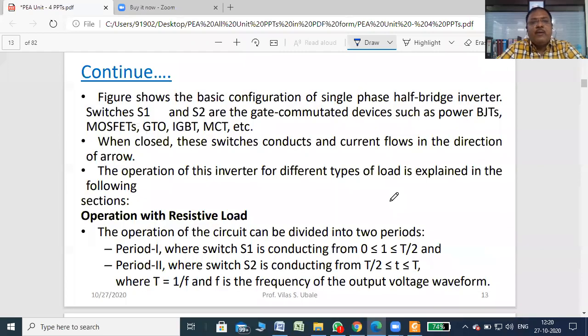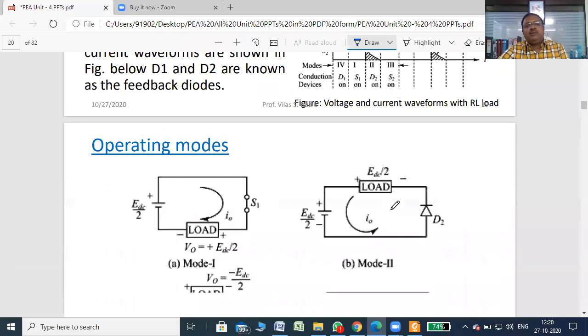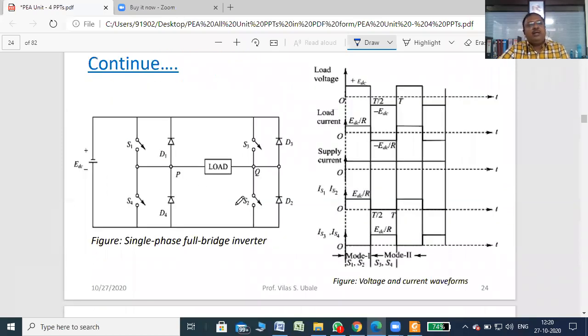I'll just show you. This is a half bridge and this is a full bridge, right? Now just compare this figure with that figure. Both are very similar, right? The only difference is that the triggering circuit used for these switches is any other ordinary technique, like a UJT triggering circuit or a microprocessor based triggering circuit or any other triggering circuit you can use for these switches.